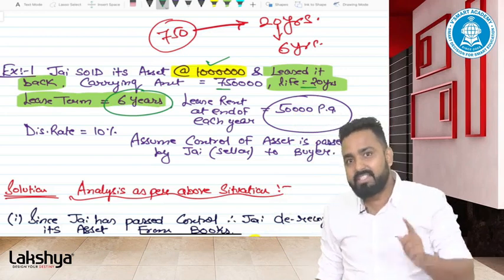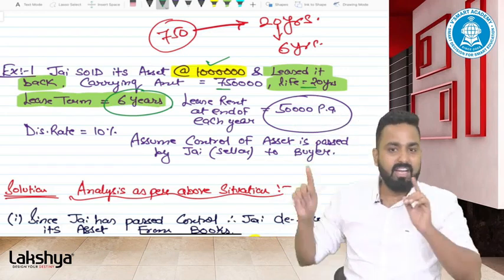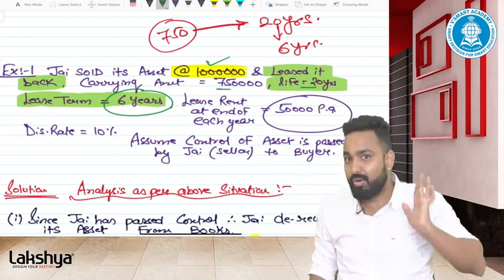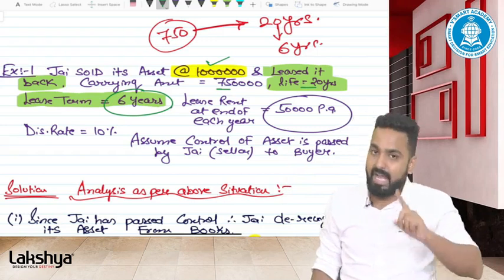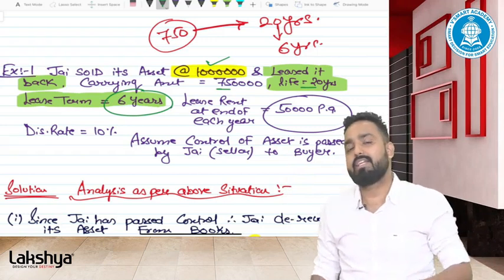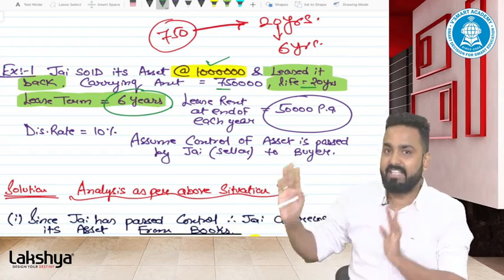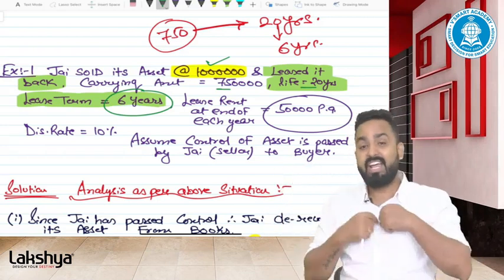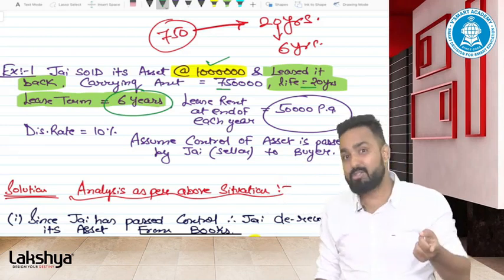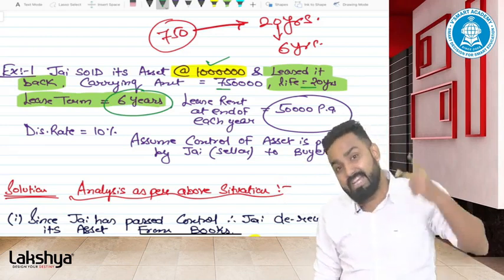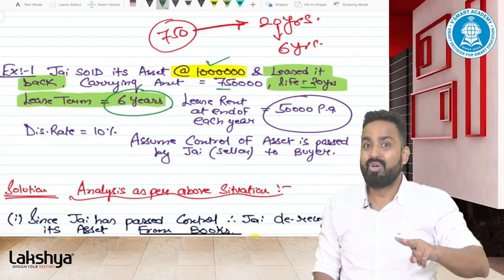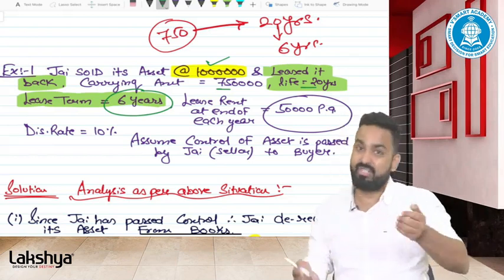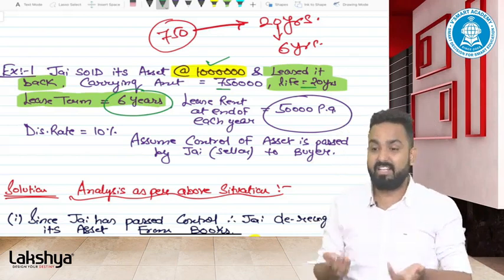So technically it should be sale and operating lease back. And if it is a case of sale and operating lease back, that means I have passed on the control to the buyer. And if I pass on the control to the buyer, then the substance of the transaction says that yes, actually the sale has happened. That means Jay has to record the sale also. At the same time, Jay has to recognize the ROU asset and lease liability also,